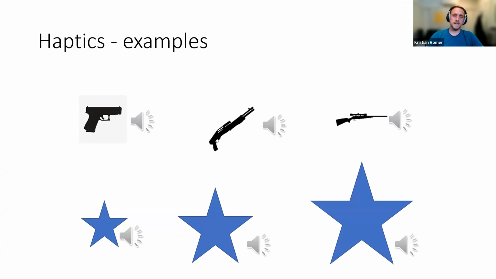So when we designed the vibrations for Hitman 3, we went in and tried to figure out how far can we get from the old system and what can we do as interesting content. So here we have a few examples where you can definitely, of course you can't feel the vibration, but you can hear the vibration and maybe try to translate that into how it will feel for you on the controller. It's a big difference between firing a pistol and a sniper rifle.